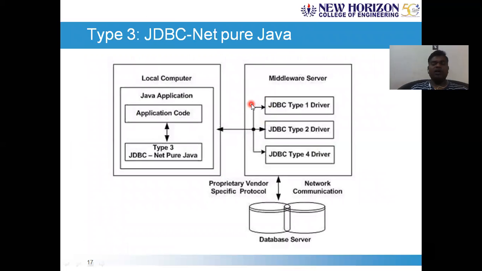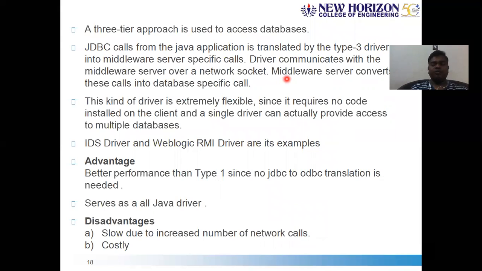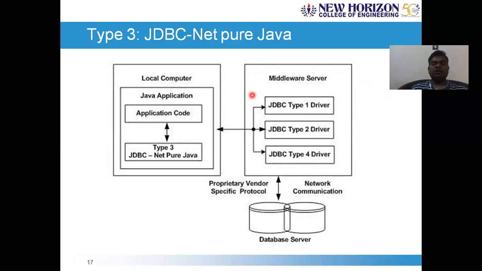Of course, if you take a Java program and a database, your Java program needs to communicate with another software entity called the database management system. And if two software entities need to communicate with each other, there should be some point of connection between them. That is nothing but the network port, which will propagate over the network socket. A socket is defined as the endpoint of communication. So using sockets, Java and the DBMS will communicate with each other.